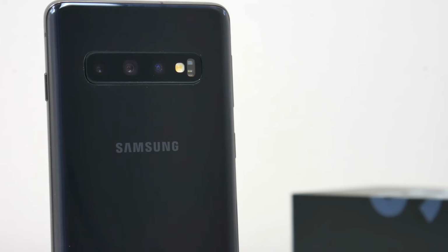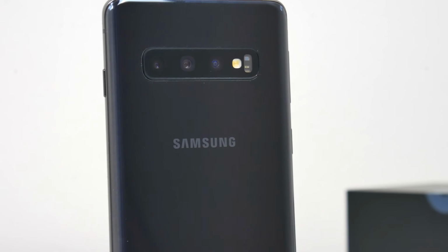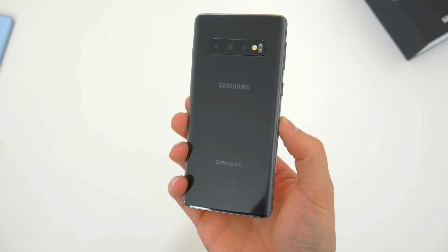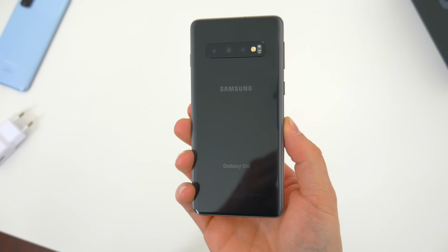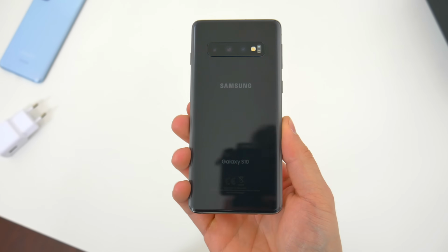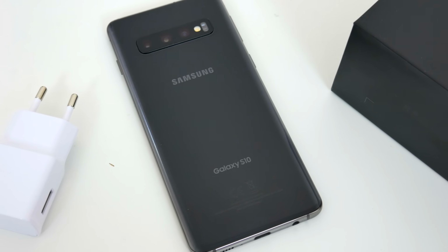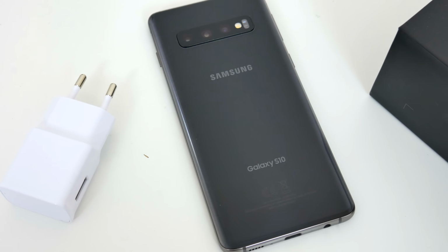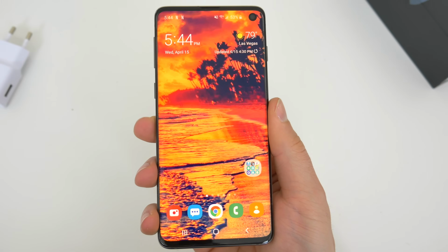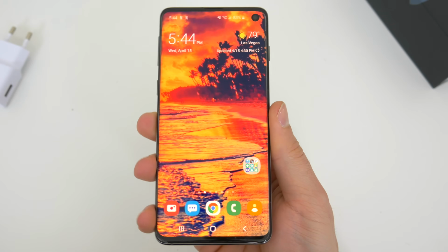First off, let's talk about price, since I think this is going to be one of the biggest deciding factors. When it launched last year, the S10 retailed for $800. That's still lower than the flagships we have this year, but expensive nonetheless. However, right now on Amazon, you can get a factory unlocked renewed S10 for just a little over $430. I honestly think that's a great deal for this phone,